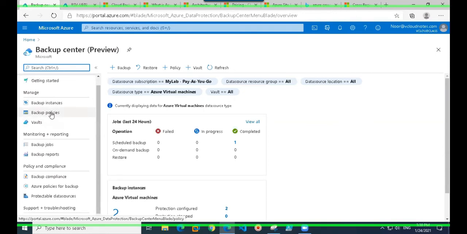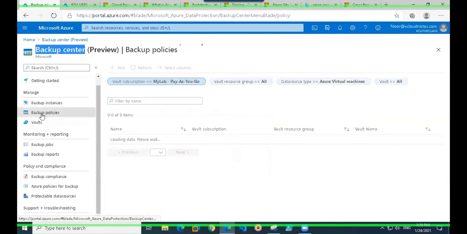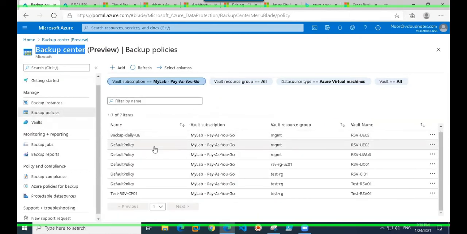The policies and the protected items and whatever is there under that recovery services vault, that's only for that particular vault. But with Backup Center, you can manage everything centrally. Whatever recovery services vaults you have, whatever policies you have, you can manage all of them from this single pane of glass.